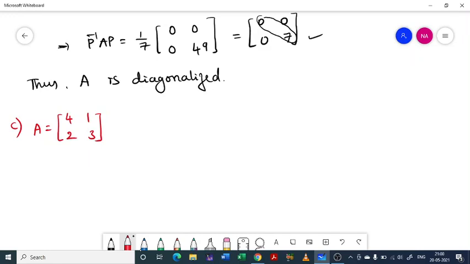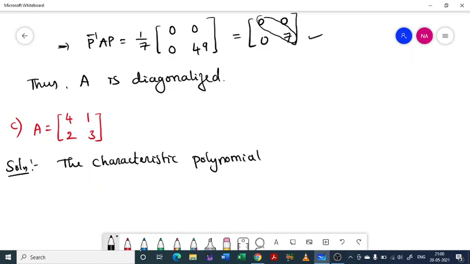The characteristic polynomial is lambda square minus 7 lambda plus 12 minus 2, so plus 10 equal to 0. Solving this, we get lambda 1 equal to 5, lambda 2 equal to 2. You can take in reverse order, no problem. To find eigenvectors,